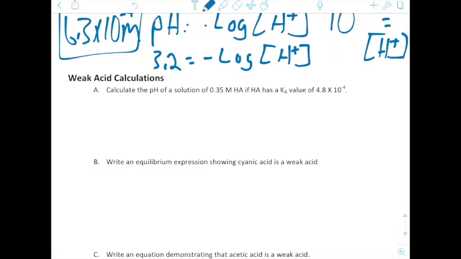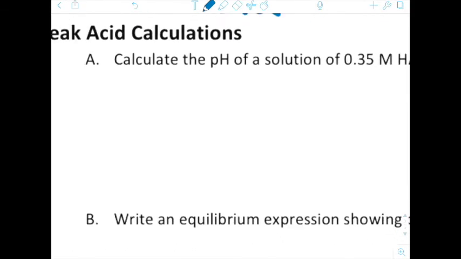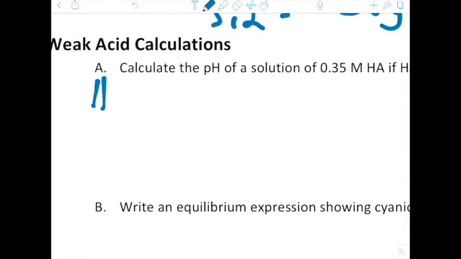It says calculate the pH of a solution of a 0.35 molar weak acid. It's just an unknown weak acid that has a Ka value of 4.8 times 10 to the negative fourth. So we want to know the concentration of it. So first thing we have to do is write the equilibrium expression, and so HA is going to dissociate into